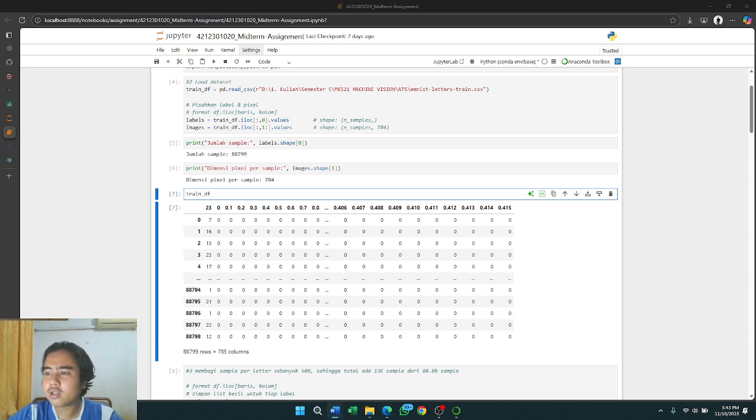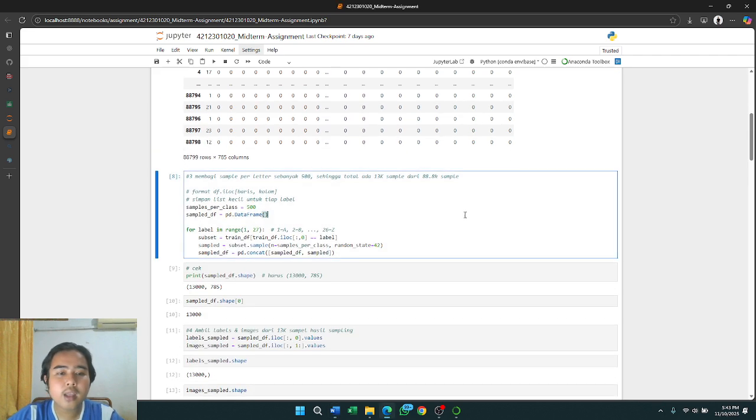Next cells. These cells show the result of reading a CSV file or DataFrame from the dataset, which has 88,799 rows and 785 columns. These cells have a function to take some data or sampling from the MNIST dataset so that the number of samples for each letter is balanced and not too large to process.